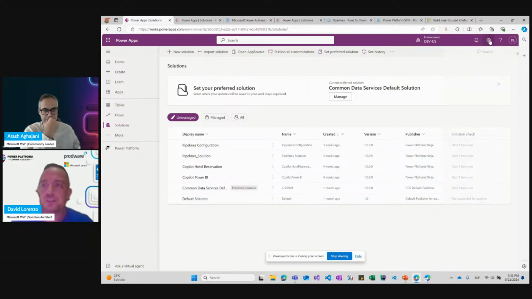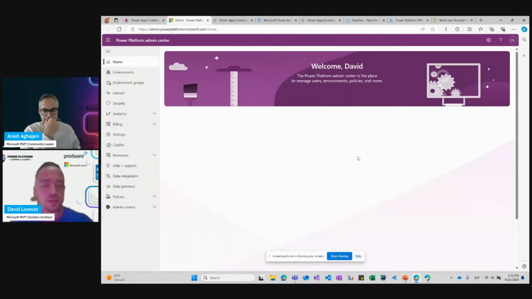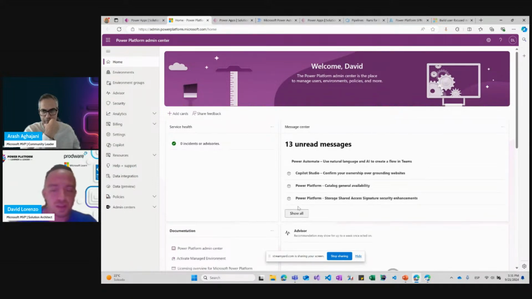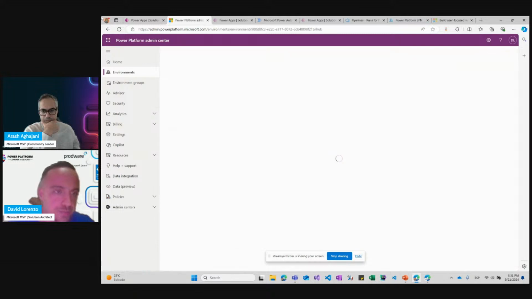The first thing we need to do is go to the admin center and install the Power Platform pipeline in the development environment. So we go here.